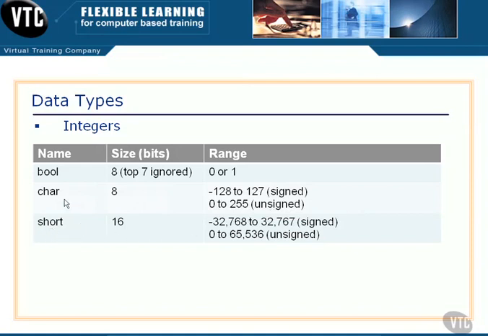So we could easily make that happen. Now notice with a short data type, this is 16 bits or 2 bytes, and notice the signed version of a short, or the signed integer type modifier, gives us from -32,768 to +32,767, and if we use that as an unsigned data type, then we can go 0 to 65,536. So again, if we're storing the annual salaries of our employees, as long as nobody makes over 65,536, we can get away with using the short data type to store that. Now what's going to happen? The minute we try to store 65,537, we're going to get an error, and it's going to say overflow,